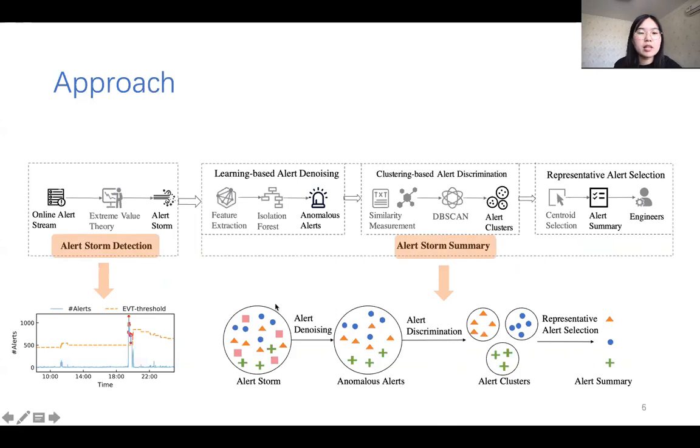Learning-based alert denoising, which aims to filter out irrelevant alerts to the failure. Clustering-based discrimination, which aims to divide the alerts into different groups. And representative alert selection, which aims to extract the most typical alert from each cluster to recommend to engineers. Through the above three steps, we can obtain a small set of typical alerts that are relevant to the failure and reflect the failure from diverse aspects, so that engineers can spend less time handling the alert storm instead of